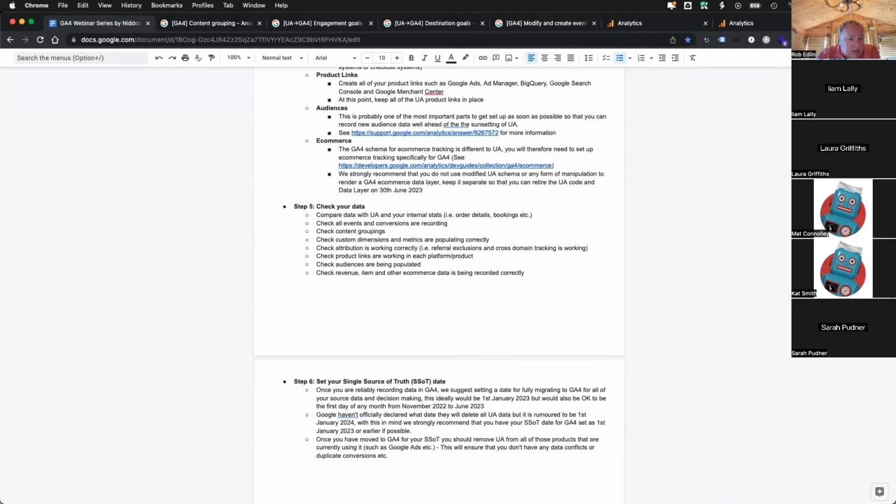Mike's just asked, do we add a list of domains into that section that we want to include, and by default anything not included will be excluded? It is really badly worded, actually. The referral exclusion list in Universal Analytics isn't a list of domains that you want to exclude. It's really a list of domains that you want to bind together,